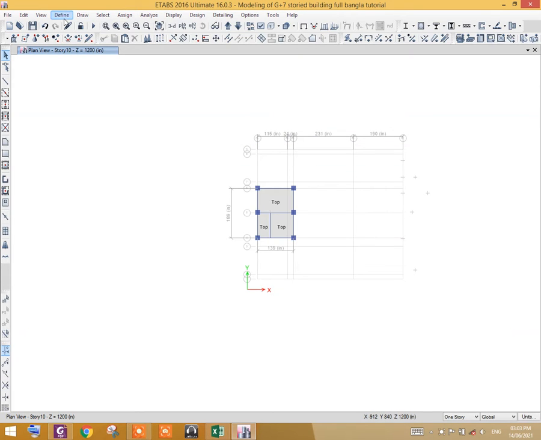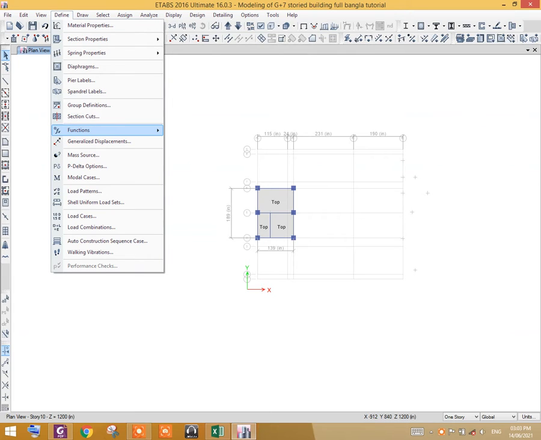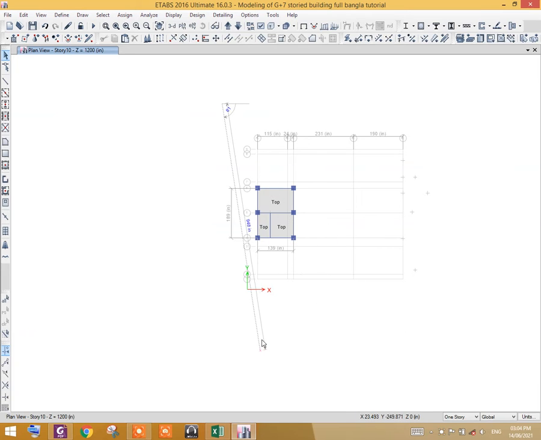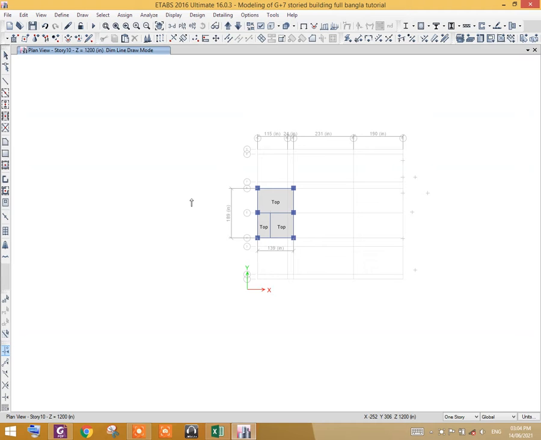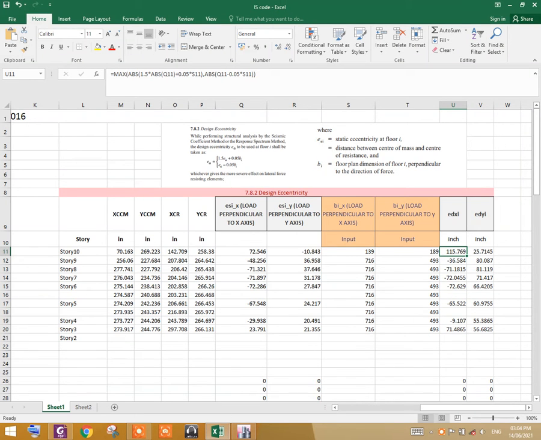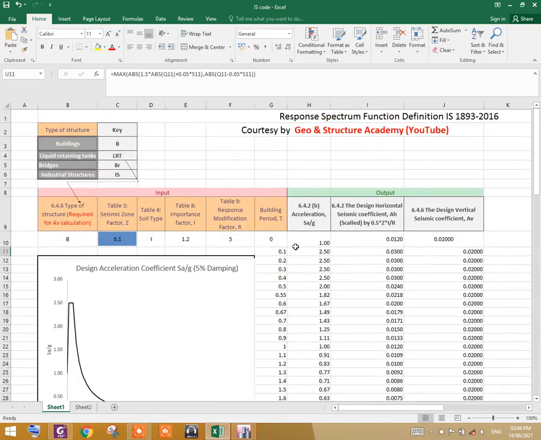All done. Then go to Define. Let us define the response spectrum function. To do that, let us go to the Excel sheet, come here and copy the building period, this column.